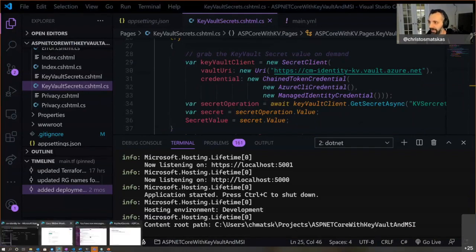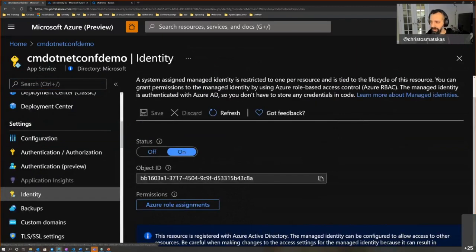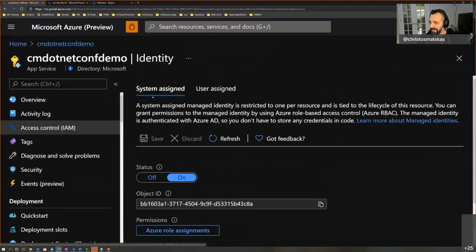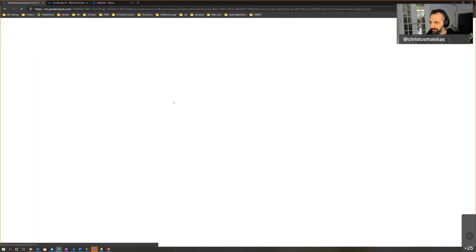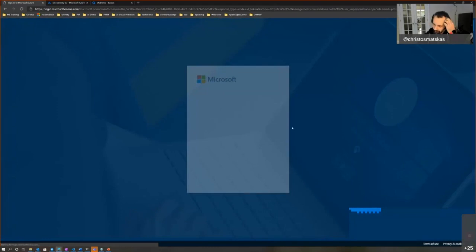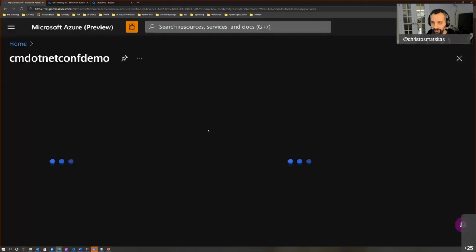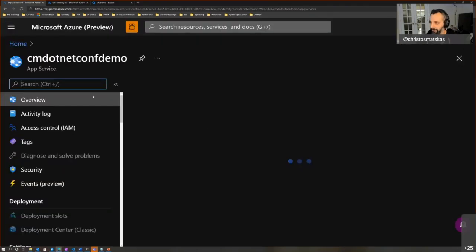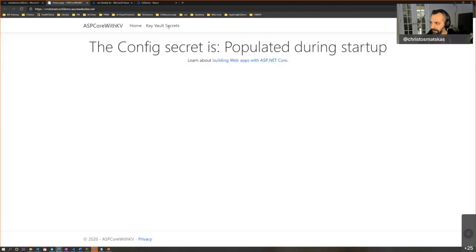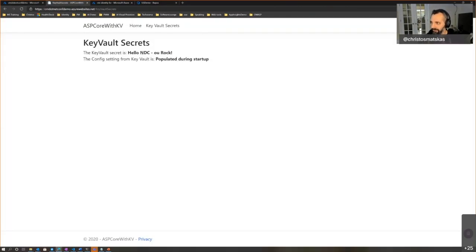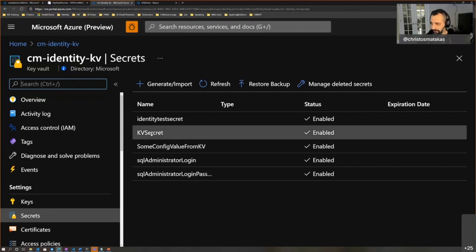So if I come here, I have this application that was deployed some time ago. It's the same exact application. So if I browse into this, why did my sessions expire? It's fine. Re-authenticating. It's good. It's about security. So in my overview, if I browse to my website, it's exactly the same. I could also go here and change it. In fact, we can go and change the secrets, so I can prove that I'm not lying.